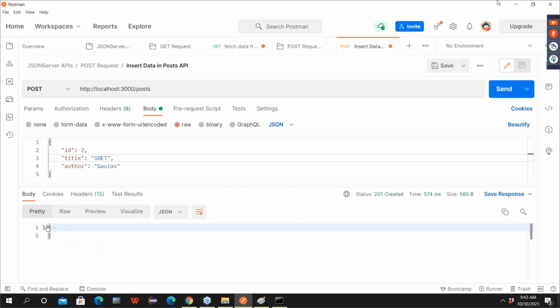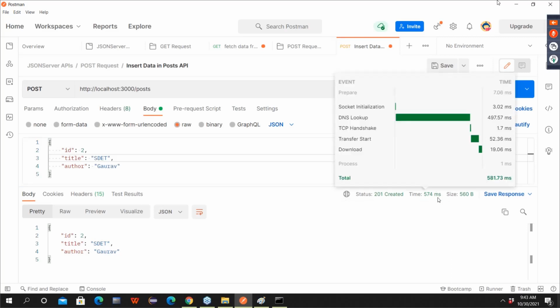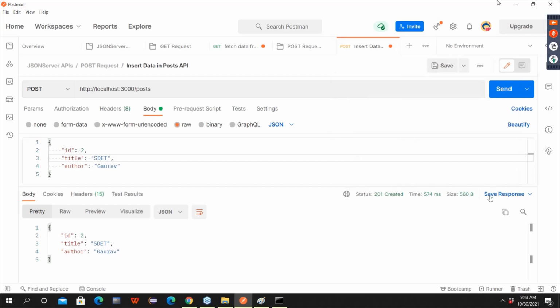Your object is added. And see the status code 201 Created. Previously 200. Whenever you fetch the data, you will get status code as 200. Whenever you add the data, you will get status code as 201. 201 means created. It took 574 milliseconds, and again you can save the response if you want.